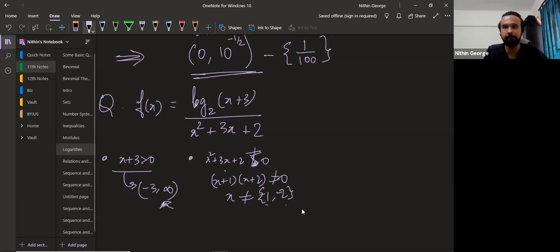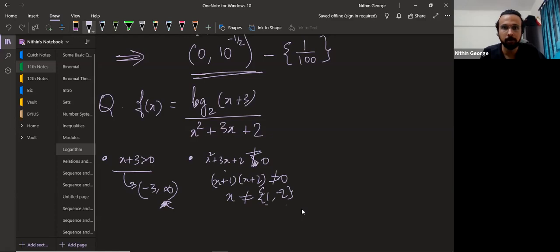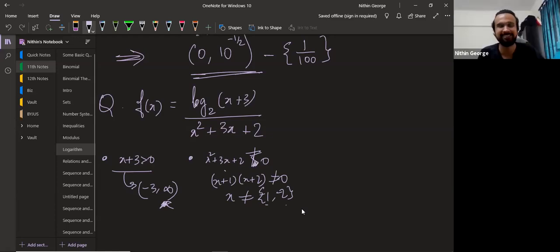Is there any other condition that we have to satisfy? Any other condition, guys? 2 should be greater than 0 and 2 not equal to 1. Yes, sir, the base of the log. Oh, yeah. Okay. Yes. 2 greater than 0, 2 not equal to 1. Perfect. Well done. Now, what will your answer be?